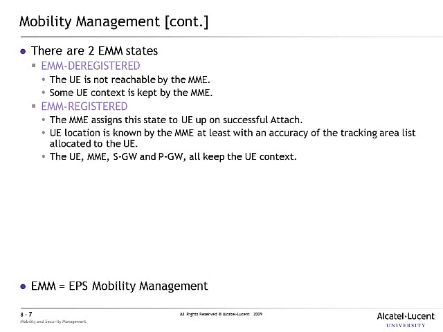The next state is the EMM registered state. This is what happens once you perform an attach. When a UE performs an attach, the UE moves into an EMM registered state. And at this point, when you get registered with an MME, the location of the UE is known by the MME at something called tracking area level. We talked a little bit about tracking area level in some of the earlier classes,